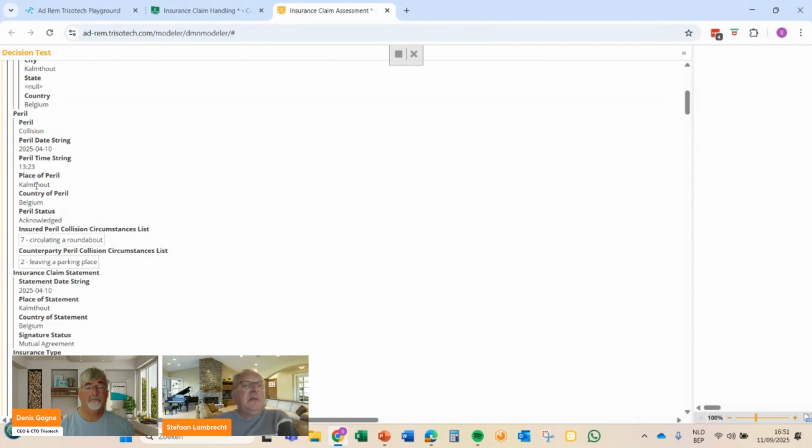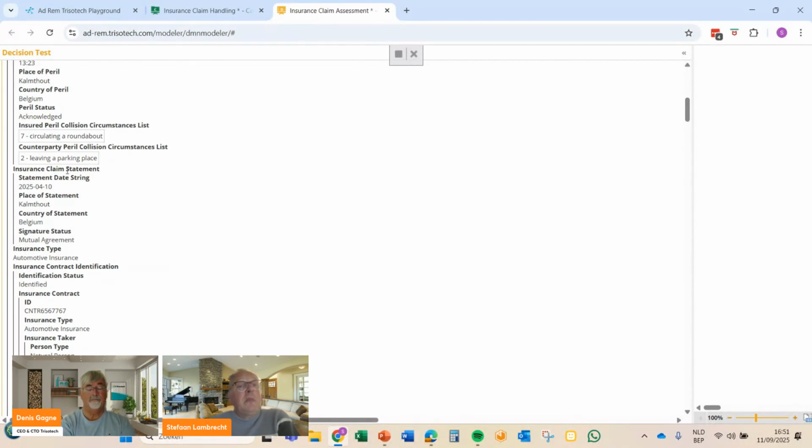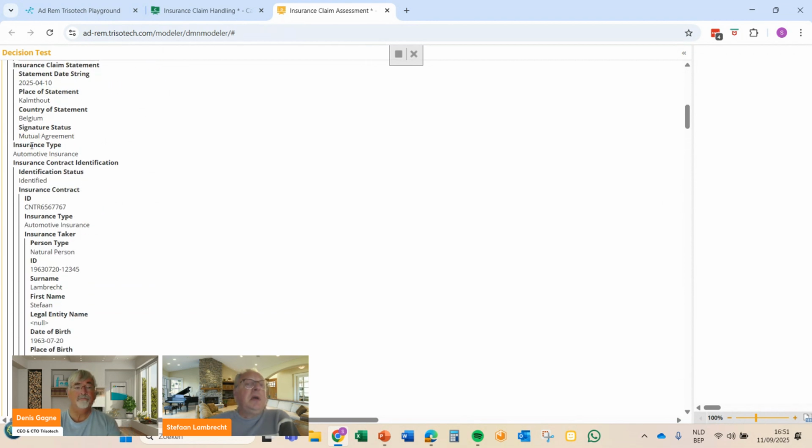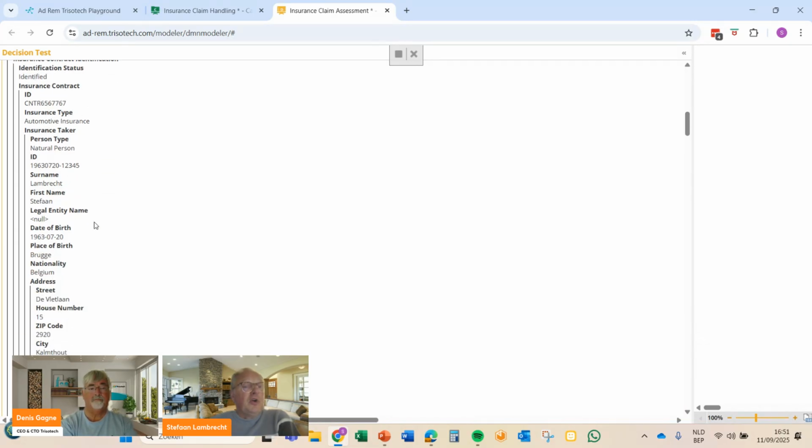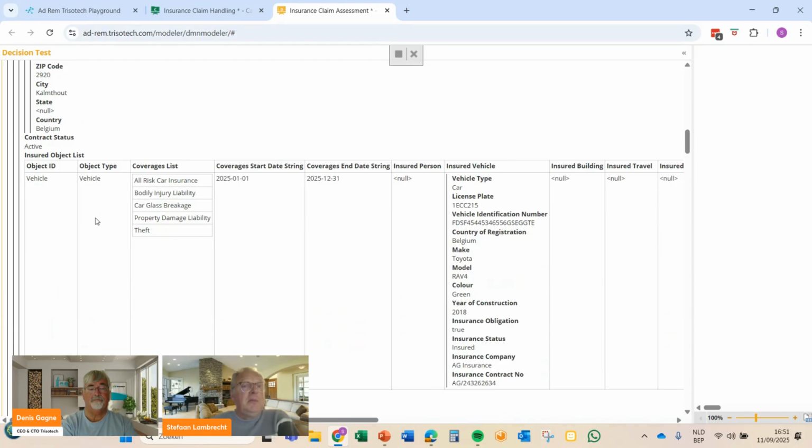It was an accident that took place here around the corner where I live. And these are the circumstances of a collision between two cars. The insurance claim statement information is here. It is linked to an automotive insurance. There has been a contract linked to that. All the contract information is also available here.